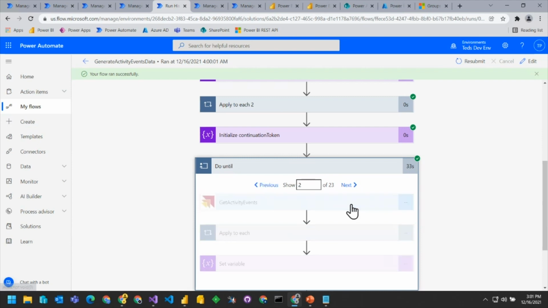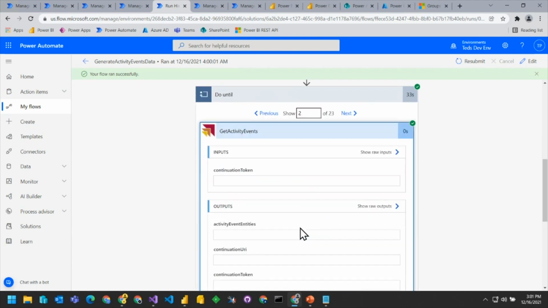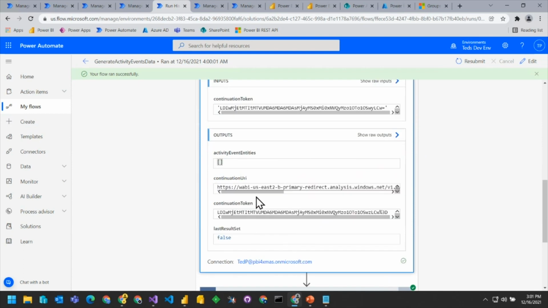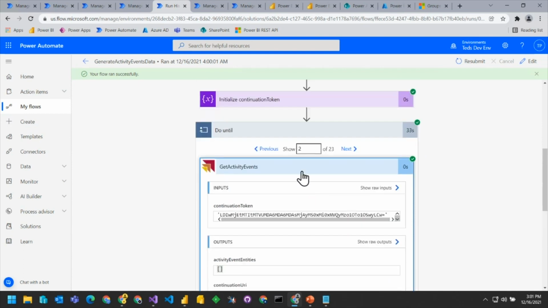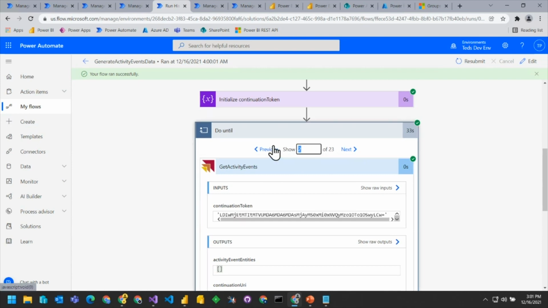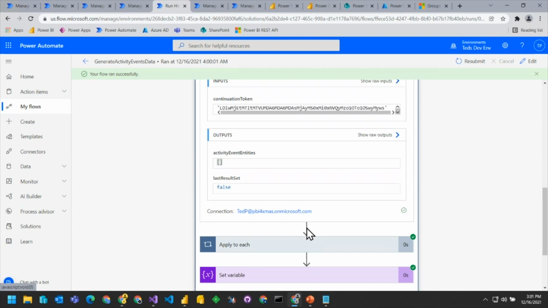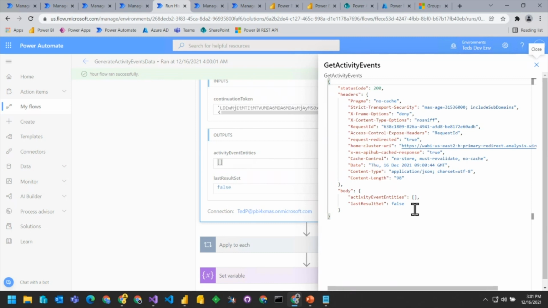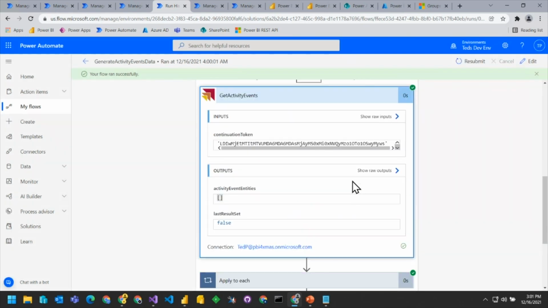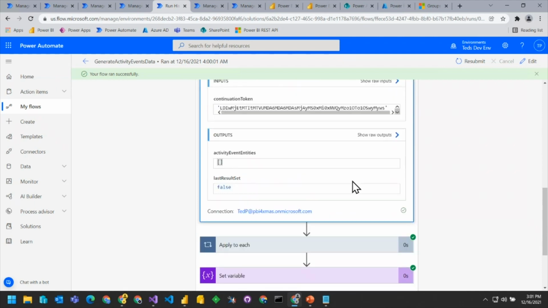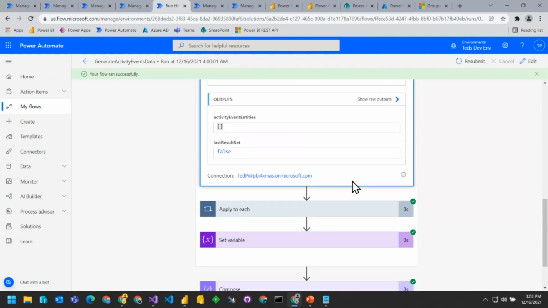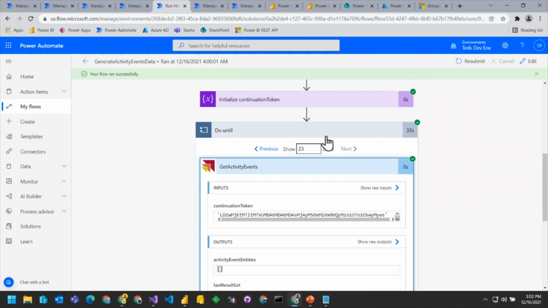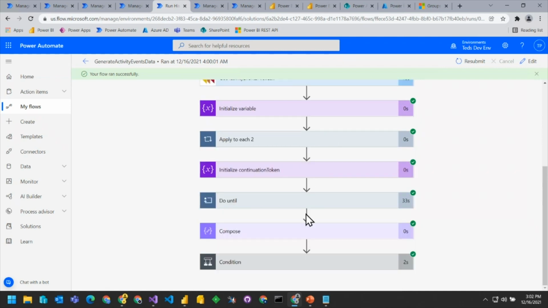In this particular loop, we call down here and we can see we got a continuation token. Great. Okay. And now, let's go all the way to the very last one, 23, and what we should be able to see in the outputs here is that there was no continuation token, and that's why we dropped out of the loop.